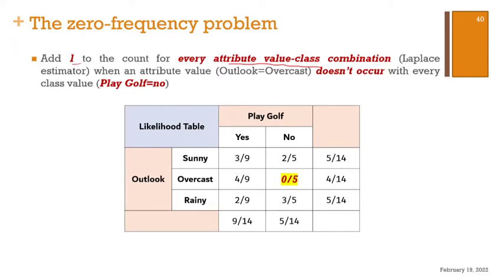That is when an attribute value, for example overcast, doesn't occur with every class value, that is, play golf is equal to no. In this case, we need to add 1, 1, 1 to everybody. We can't add 1 to this zero value alone. As in mathematics, we were taught this. So they say we didn't do anything. When you want to solve your problem, you say x minus 2 is equal to y. So you want to find the value of x. You should add 2 to both sides. It will be x minus